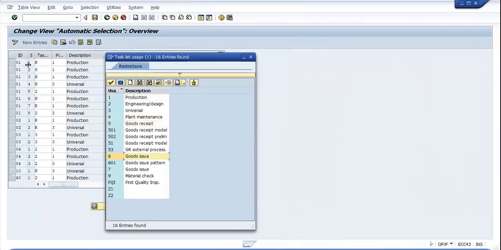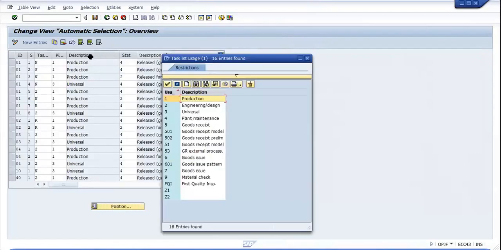So it's just a combination I'm setting up for the routing, to define which routing needs to be selected. For production I'm using production with the combination of S, and production with the combination of N. With the 3 types I can use, this is a description, production, universal, and this is start.